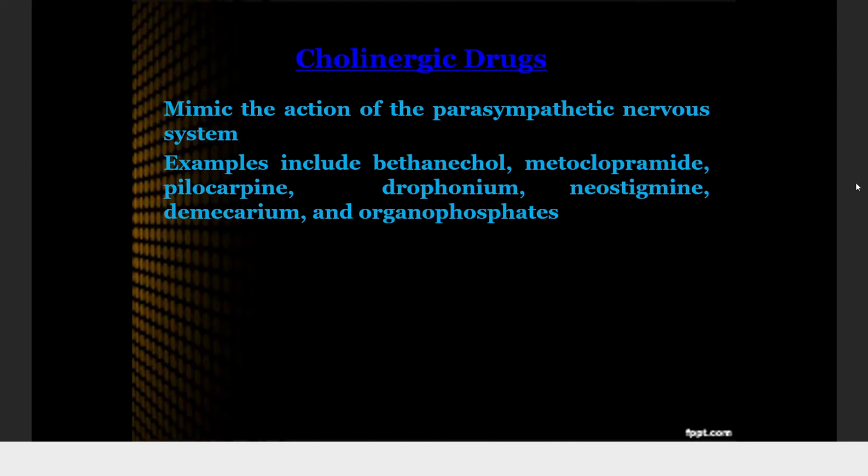So they have resistance towards cholinesterase. Cholinesterase is an enzyme; for neurotransmitters like acetylcholine to act, they have to be metabolized by an enzyme. In this case bethanechol is more resistant towards metabolism by cholinesterase, so it has an increased duration of activity. This is why it is the drug of choice to be used as a cholinergic action drug.